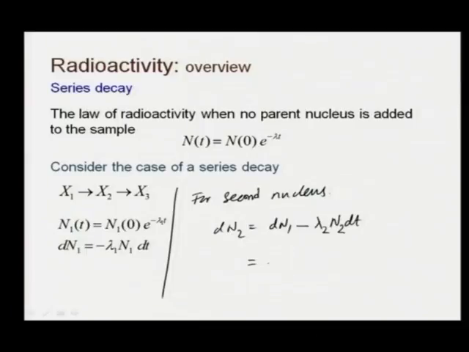All right, which is equal to dn1 is lambda 1 n1, right, in time dt, minus lambda 2 n2 in time dt, or I can write dn2 as lambda 1 n1 minus lambda 2 n2